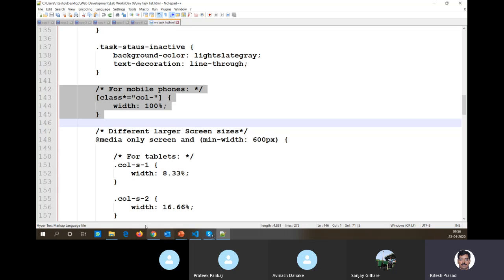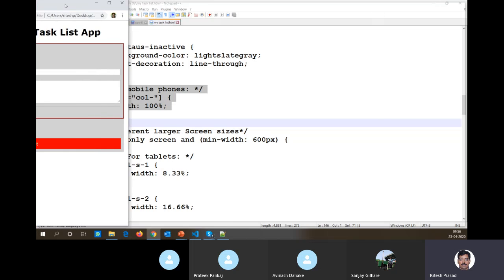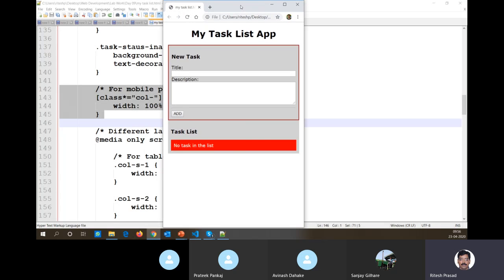So when I browse the page on smaller width, it appears like this, fine,